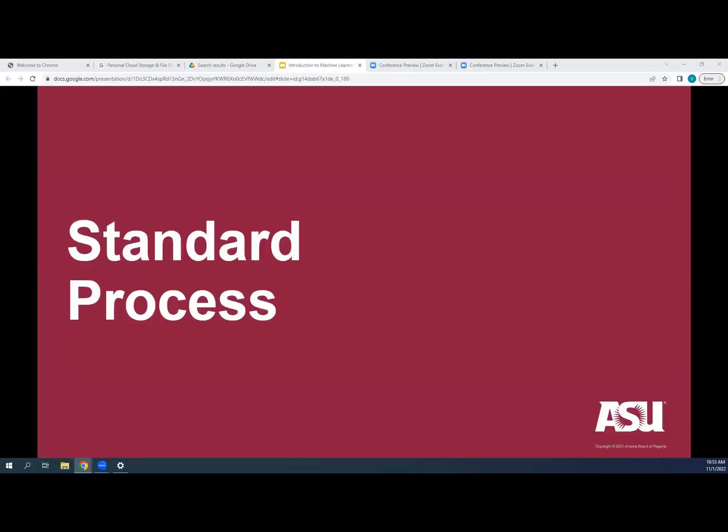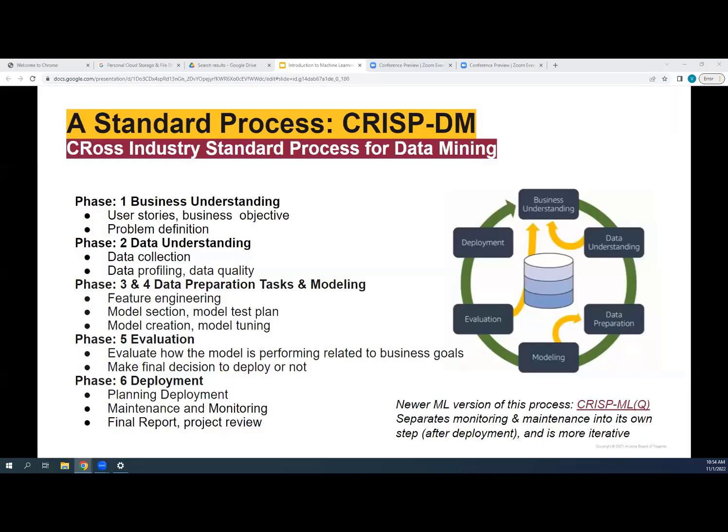So we've gone over some of the elements of a machine learning project. Now let's take a step back and look at the process as a whole. If you're managing a machine learning project, one resource that might be useful for you is CRISP-DM. CRISP-DM is a standard process for completing a data mining project, and it's often applied to machine learning projects